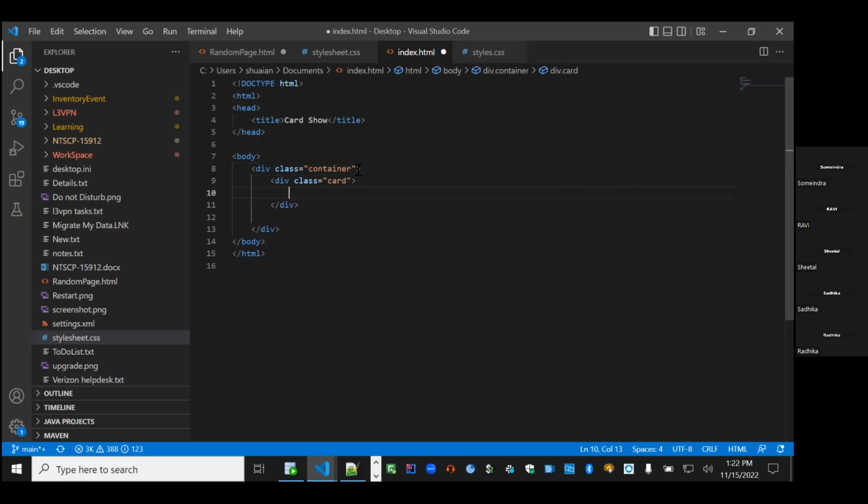Then inside the card there are several sections. The first section would be the card title. So in here you can define class, sorry, not name, class title,